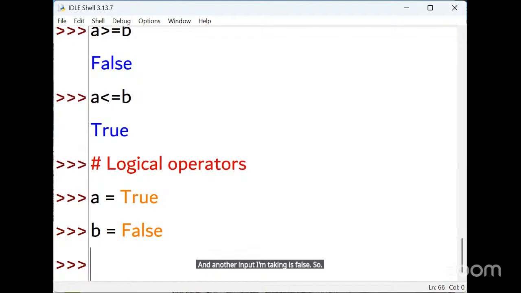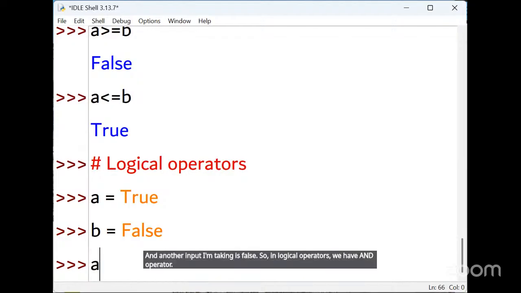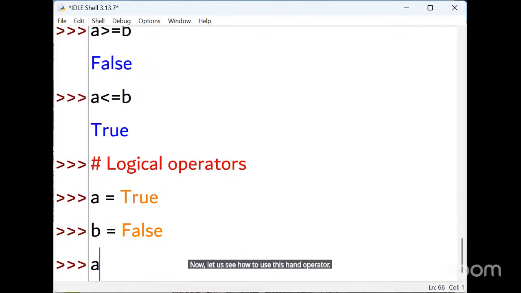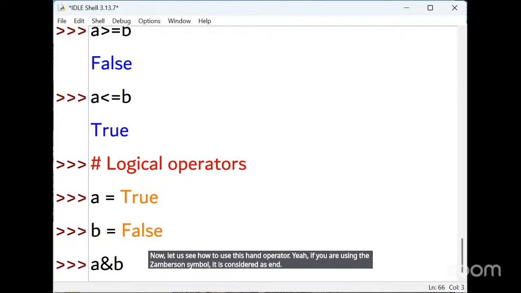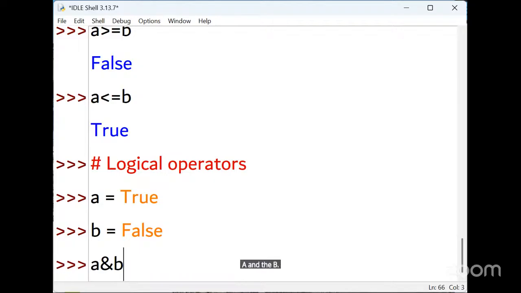So in logical operators, we have the AND operator. Let us see how to use this AND operator. If you are using this ampersand symbol, it is considered as AND. A and B. When will the AND work? We have studied this. If you are using the AND operator, both should be 1. 0, 0 is 0, and 1, 0 is also 0, 0, 1 is also 0, only 1, 1.